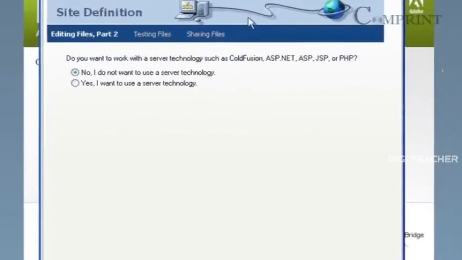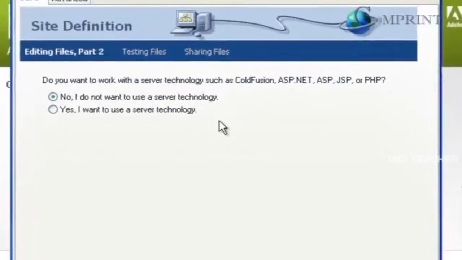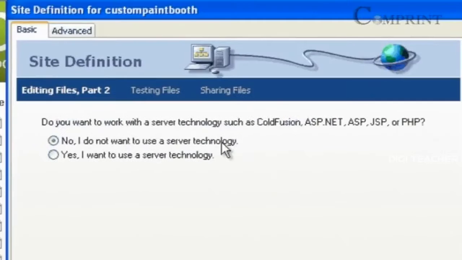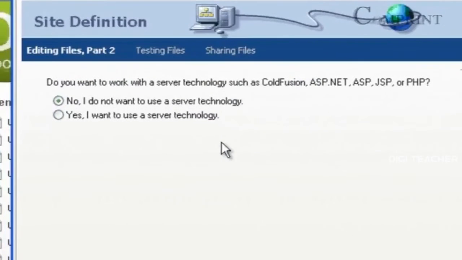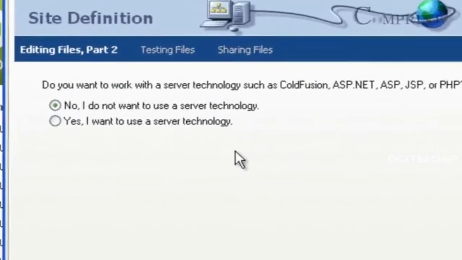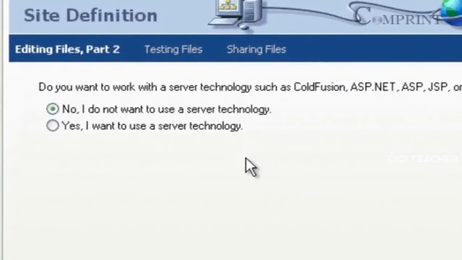In this part, we have to decide whether we are going to use the server technology or not. A server technology is used usually when our web pages are designed using either ColdFusion, ASP.NET, ASP, JSP or PHP. If we don't want to use a server technology, select No, I do not want to use a server technology.